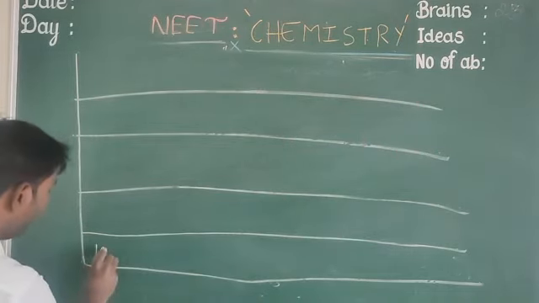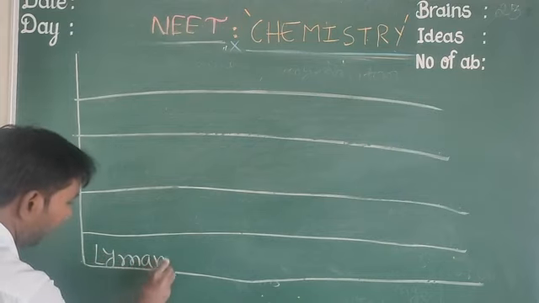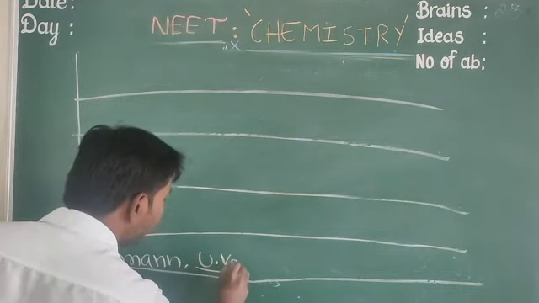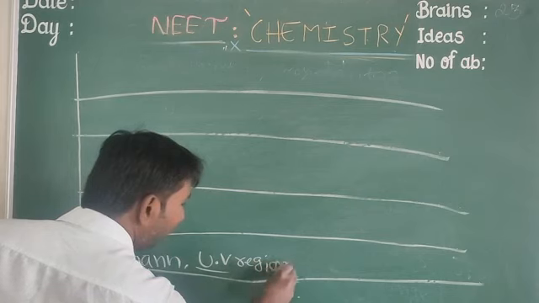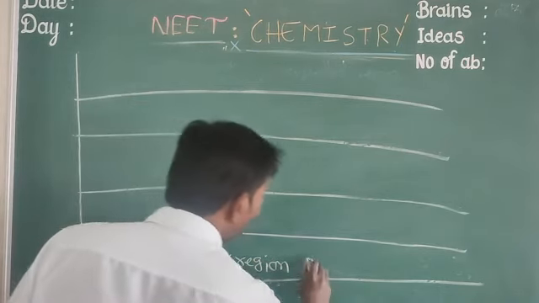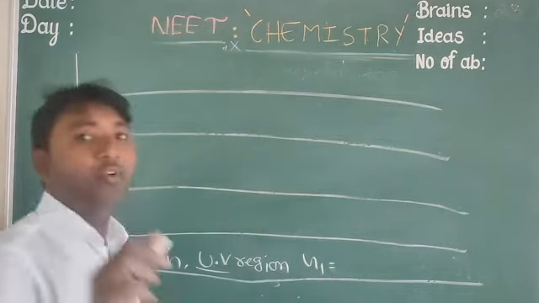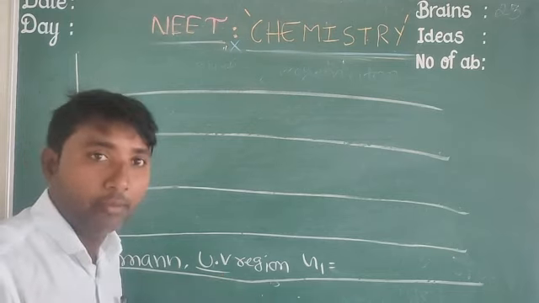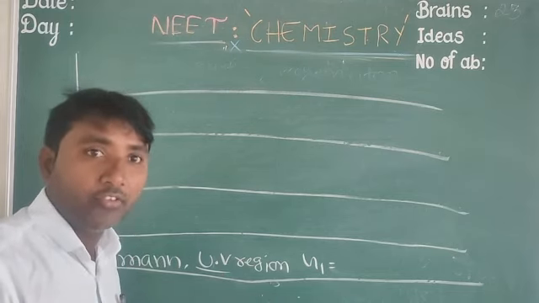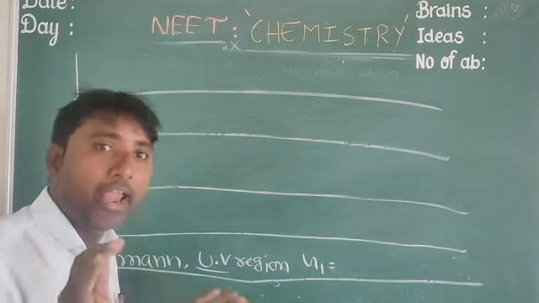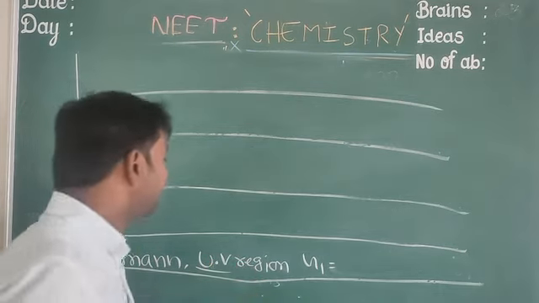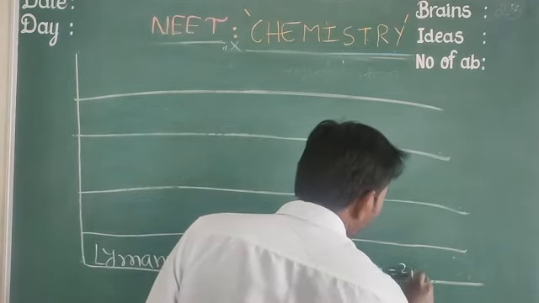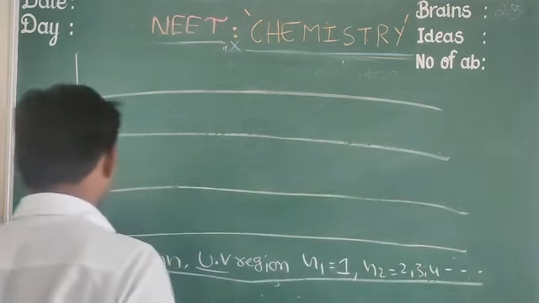First series, Lyman. It is visible in the UV region. First transition state n1. n1 means first transition state or first energy level. Already in 10th class you read in Bohr's theory: first energy level K, n1 equal to 1, L, n1 equal to 2, like that. So n1 equal to 1, first energy level, n2 equal to 2, 3, 4, and so on. Second one,